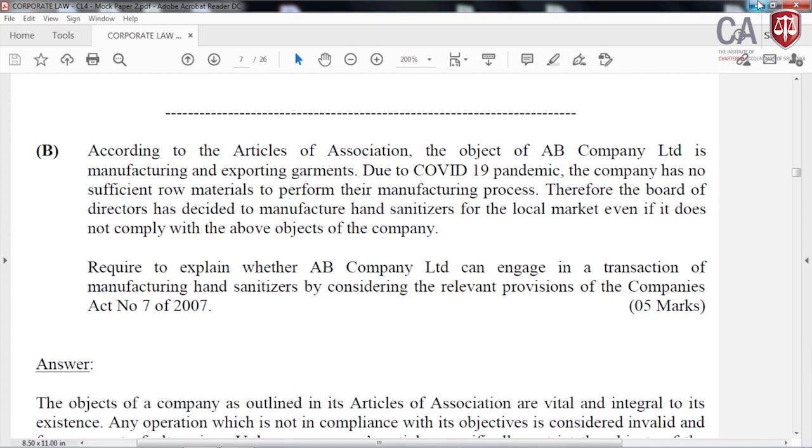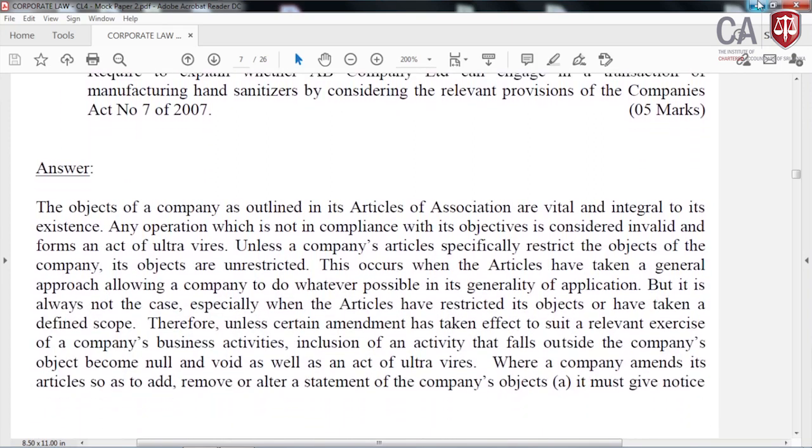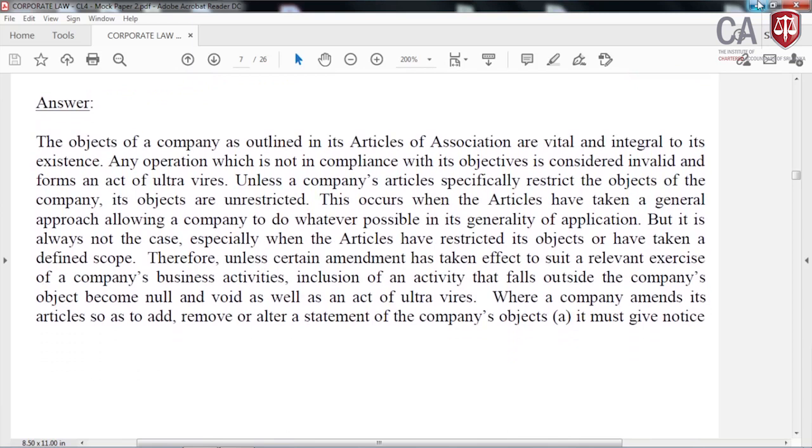Now, what we have been asked to do is to explain whether AB Company Limited can engage in a transaction of manufacturing hand sanitizers by considering the relevant provisions of the Companies Act number 7 of 2007. Now, if you look at the answer that I have given, as I mentioned to you earlier, very comprehensively,